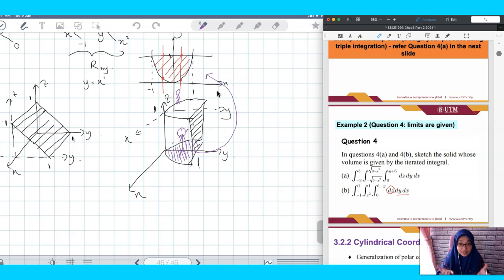So we do the projection along Z. From your region, we do the projection because we want to create the solid, right? But the solid is basically part of this shape and also this surface. So that's why from this region, I have to transform into 3D, where I have to do a projection along Z. So when I do the projection along Z, this is the solid that I get, but this is not the solid that you can have from the given